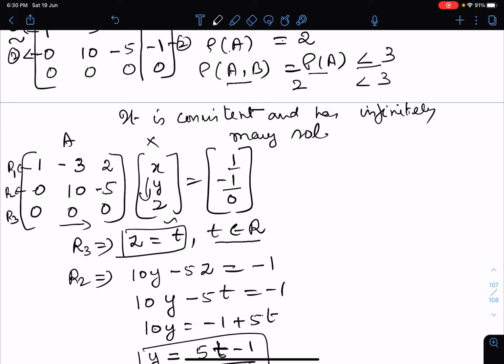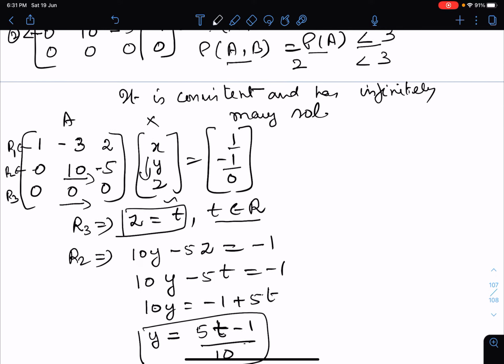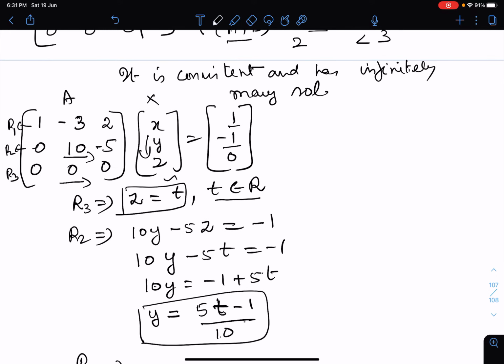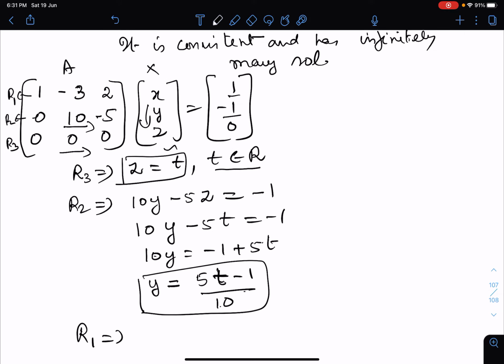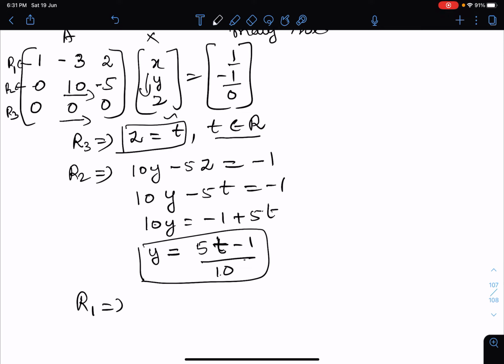You can take any number of values for t. So only you get infinitely many solutions. As you substitute for t 1, 2, 3, minus 1, minus 2, anything in real number, you get infinitely many solutions. Okay, and then by back substitution, next taking your row 2, multiplying your row 2 with your column x, y, z. Here first place x is 0, so 10y minus 5z equal to, here our constant is minus 1. Substitute for z as t, you get 10y minus 5t equal to minus 1, and when 5t comes inside it becomes plus, and you divide by 10 because here it is multiplying. Therefore y equal to (5t minus 1) by 10.